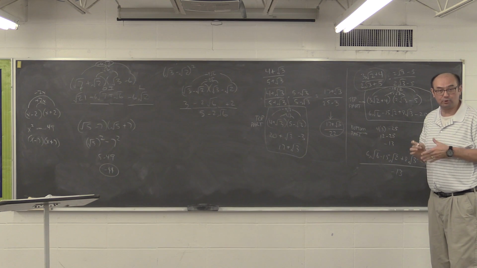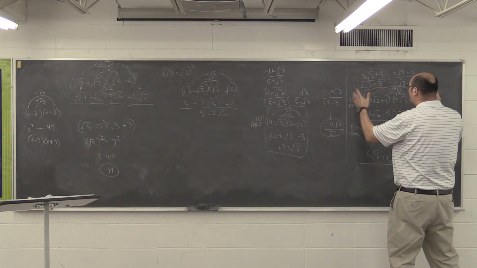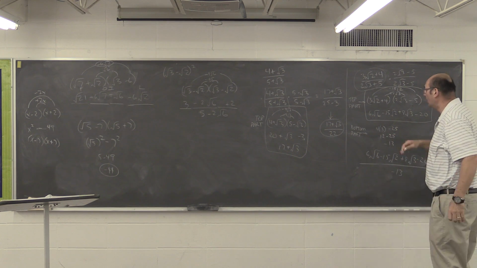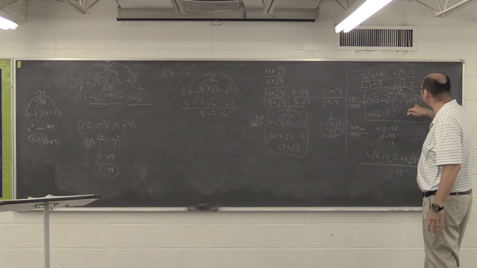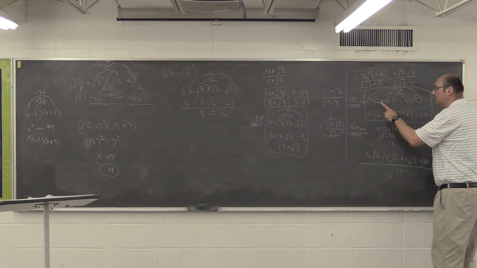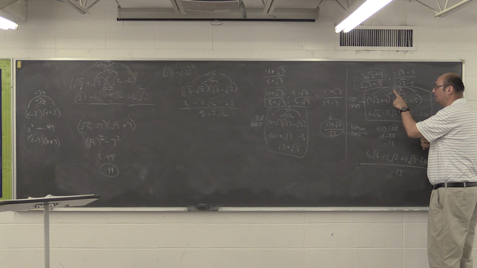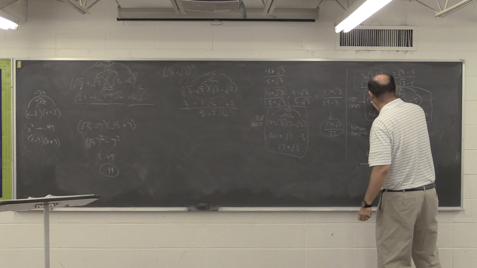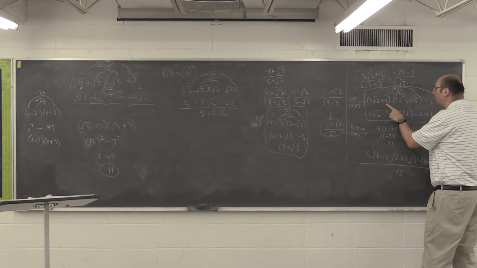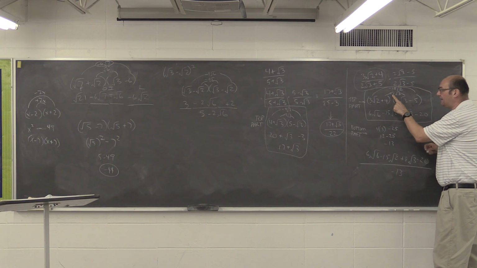Well, now we got a rainbow, don't we? So let's do our rainbow. Let's multiply the outer, and then let's multiply the inner. Well, the outer is 3 square root 2 times negative 5. Well, 3 times a negative 5 is a negative 15, and then all we have left is square root 2. All right? Now the inner part is going to be 4 times 2 square root 3. 4 times 2 is 8, and then we've got